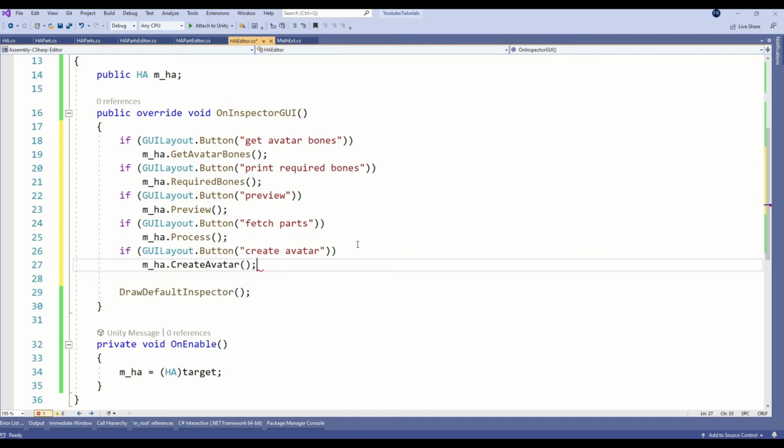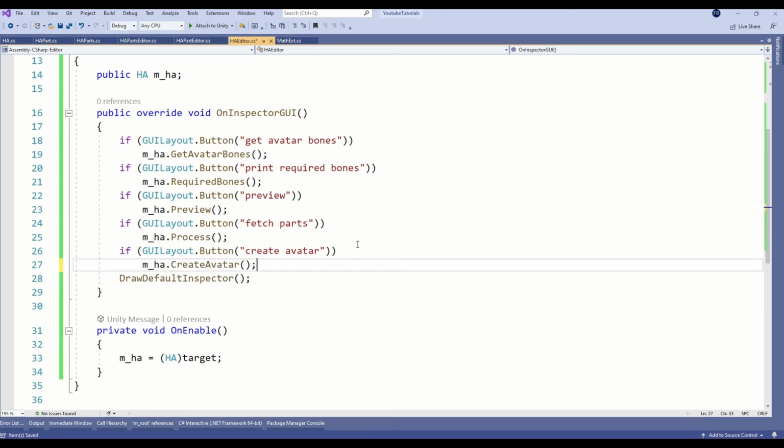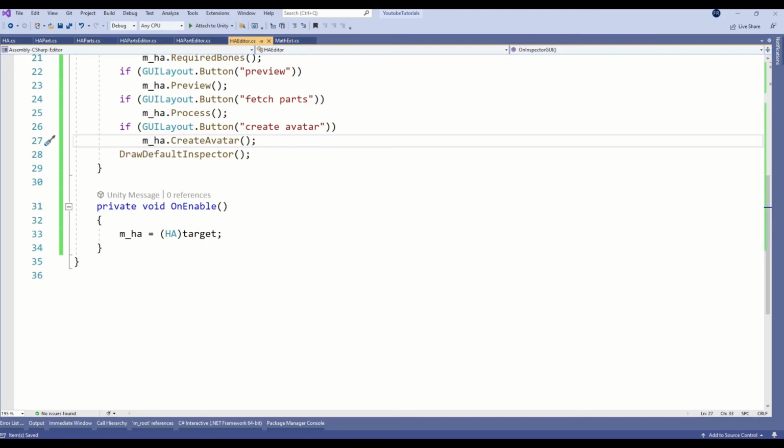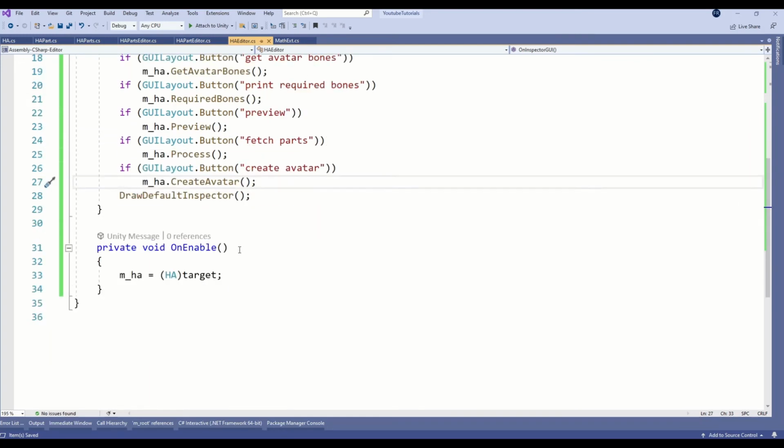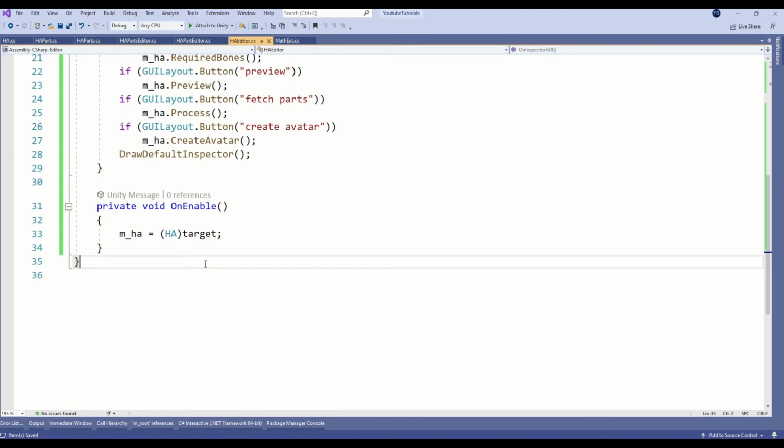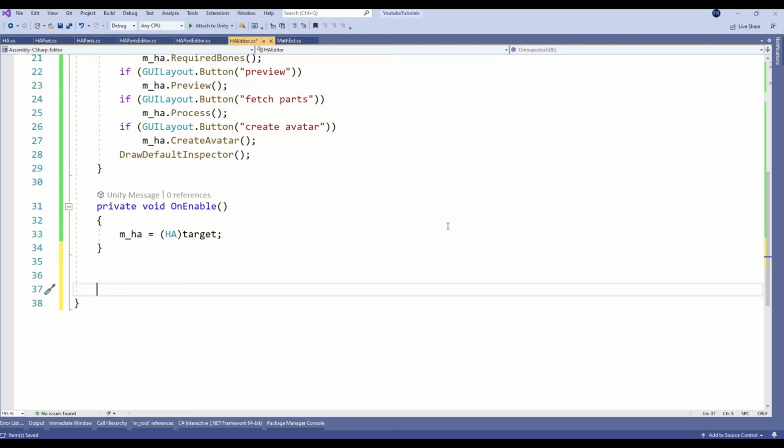Create avatar. As I said before, there's no error checking in this program. So if you click create avatar before you fetch the parts and process it, it's going to give you an error message or two, or 3 or 4. It probably will anyway. Okay, so here we go. We're going into